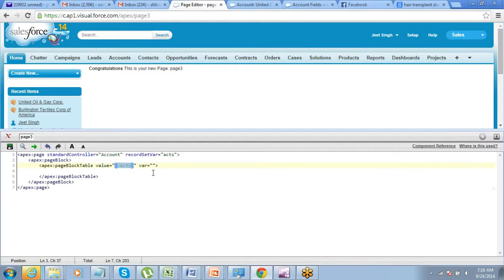Instead of this big expression, you can define a small variable here, a. It could be anything, right? Now this is a variable which you can use inside the page instead of this big expression. So instead of using this long thing every time, you can simply use this. Alright? So it's just a variable.